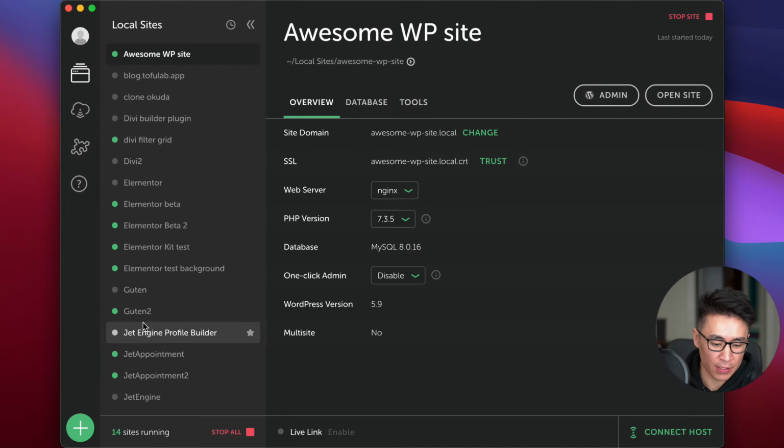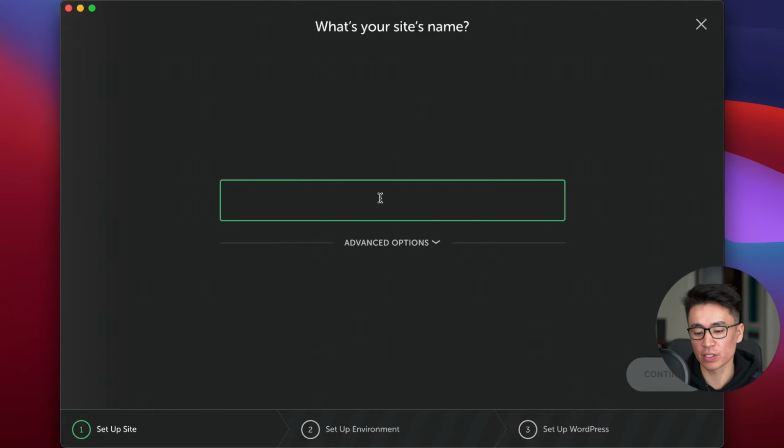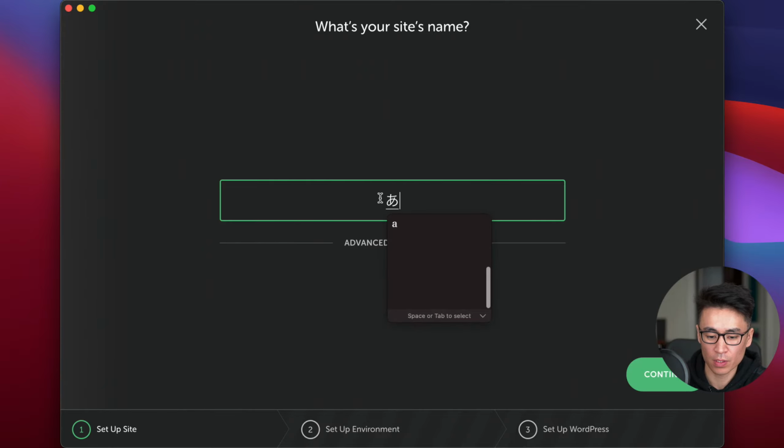All right, so you press this plus button here on Local. And don't worry, this doesn't cost anything. This website will only exist on your computer. I'm gonna name it, you know, My First Website or something like that.